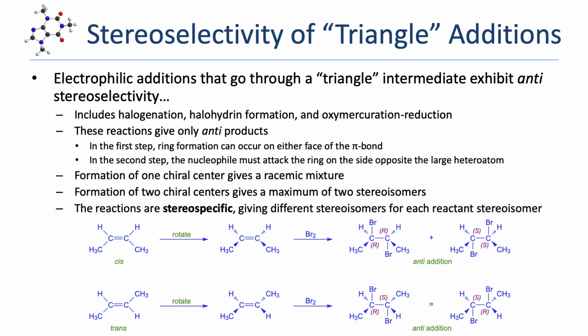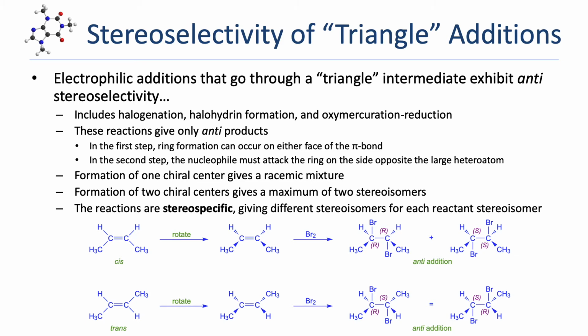We can draw out the correct stereoisomers for the products using the same process we employed for other electrophilic additions. In this example, we'll use cis-2-butene as the starting alkene. We take the starting alkene and rotate it 90 degrees along the carbon-carbon double bond. This enables us to draw the newly introduced groups in the plane of the drawing. Because the reaction is anti-stereoselective, only two possible stereoisomers can form. We redraw the rotated alkene without the double bond, and then add the two new groups, one on each carbon,